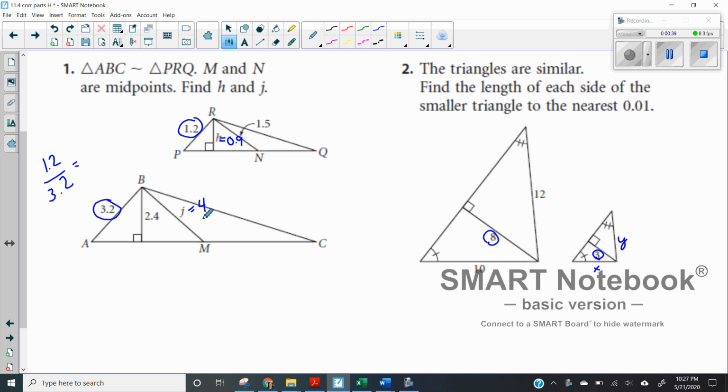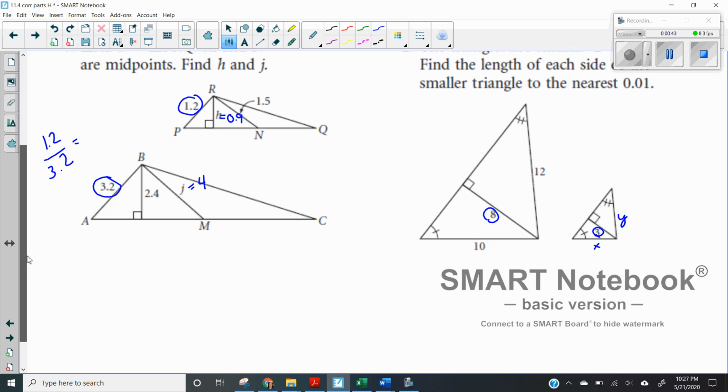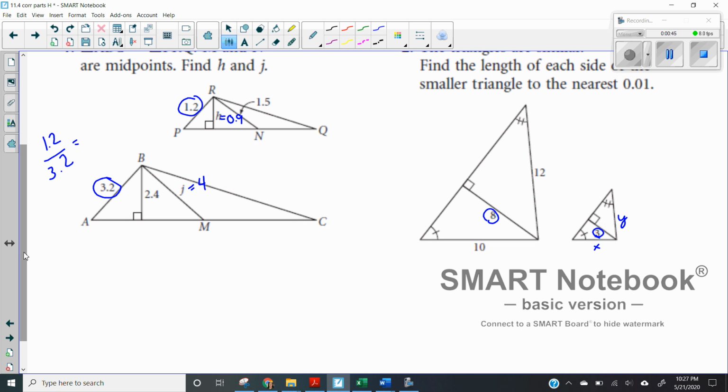Okay. Number 2, this one takes a little more thought, and let me tell you right off the bat the mistake that I was so tempted to make. This whole big triangle, we do not know that that's a right triangle. So X and Y are fairly straightforward to find, but you cannot just use those to then find this third side, okay? So what we can do is use this ratio 8 to 3 to find our missing sides